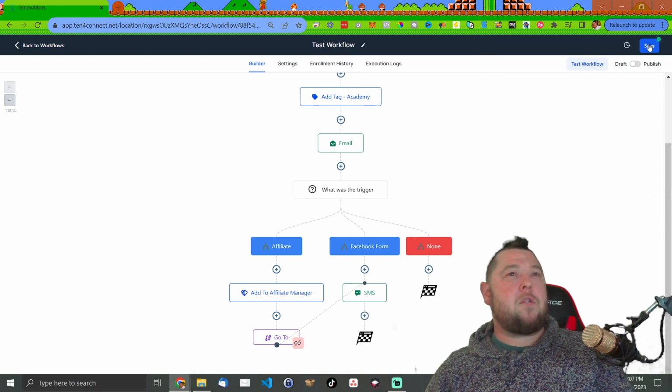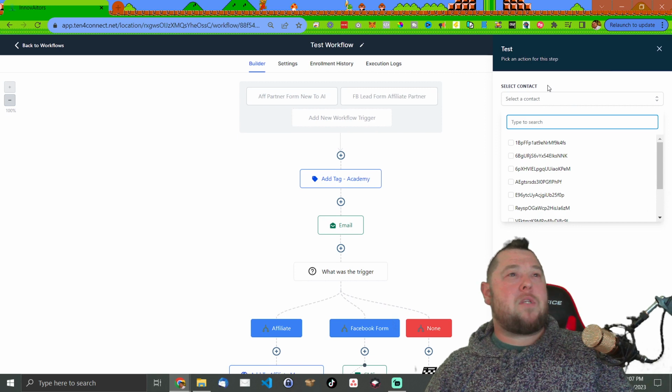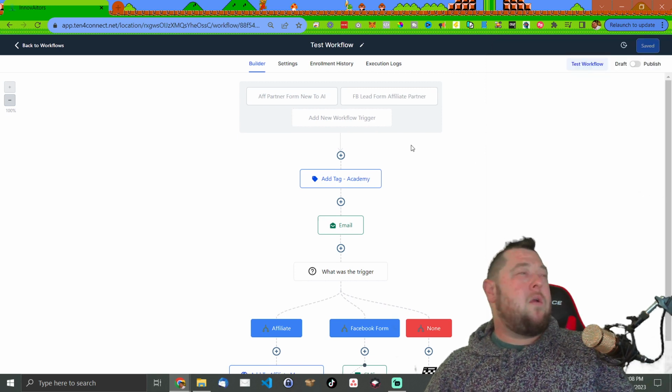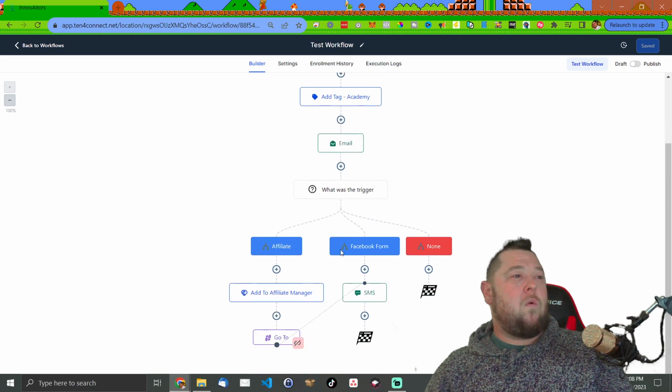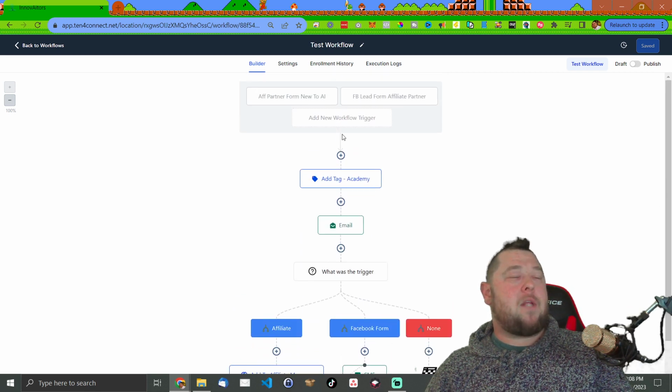So all you do is make sure you save it, and then you flip this into publish mode, and you'll be able to work it. But it's also pretty important to make sure that you're coming in and testing your workflows. So you click on test, and then from here you select a contact, and then run it. And it will run through this workflow